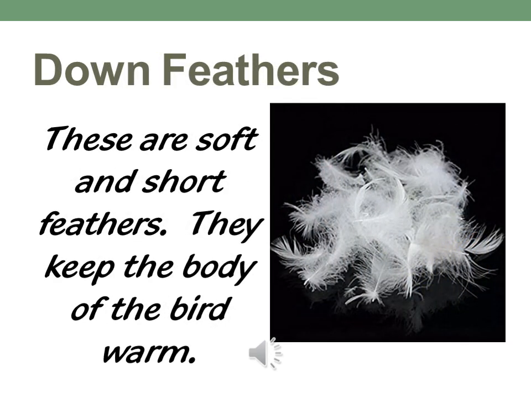Down feathers. These are also short and soft feathers. They keep the body of the bird warm. They are hair-like, soft and fluffy. And children, in some birds like herons, these feathers spread like fine powder all over its body to act as water repellent. Means due to these feathers, the birds can prevent themselves from getting wet.